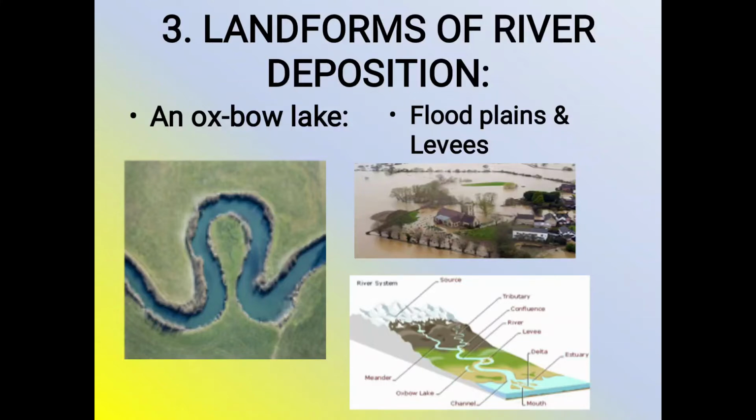The loops or winding sections developed in the river course are known as meanders. Once these meanders develop, the river starts eroding the outer bank as its water is thrown against this bank. On the other hand, deposition of sediments is carried on the inner bank. The erosion of the outer side of the meander and deposition along the inner side, once started, tends to increase. Gradually, the meanders become more pronounced and the strip of land between the two adjacent loops becomes